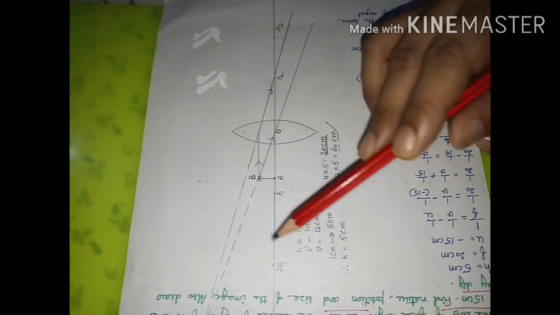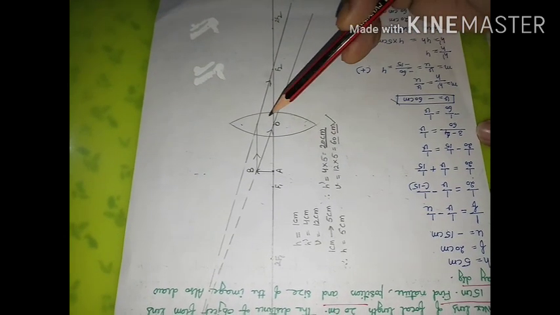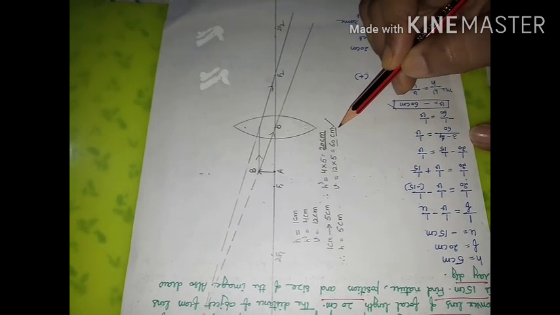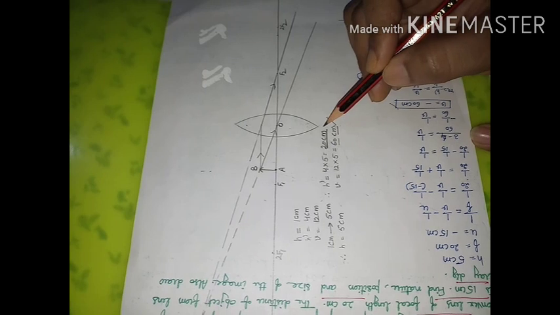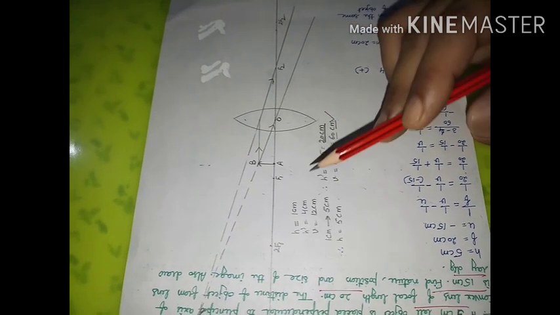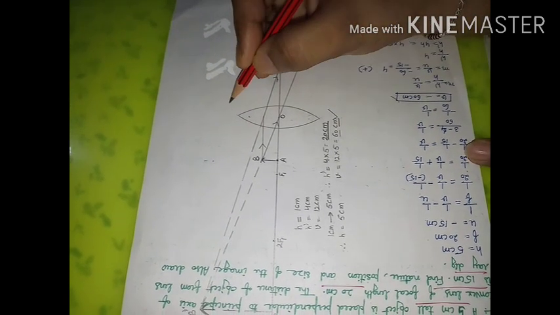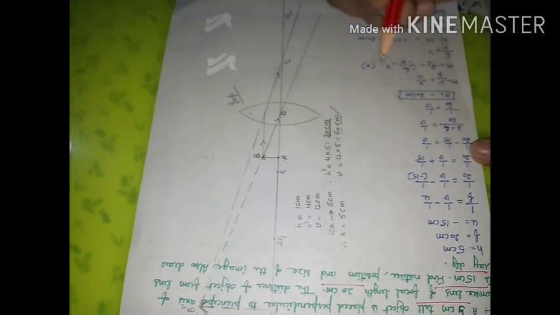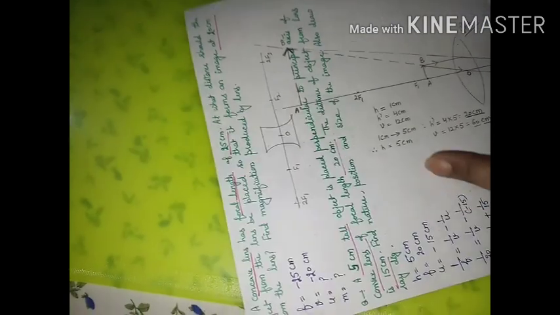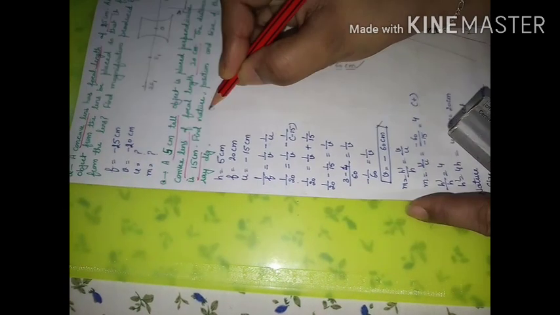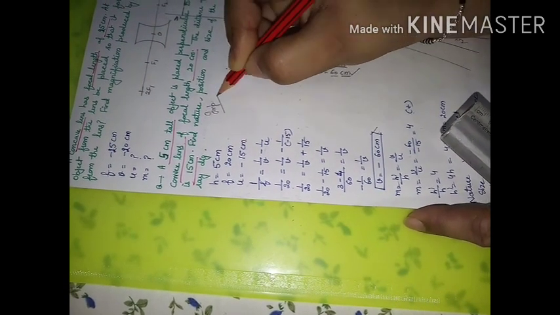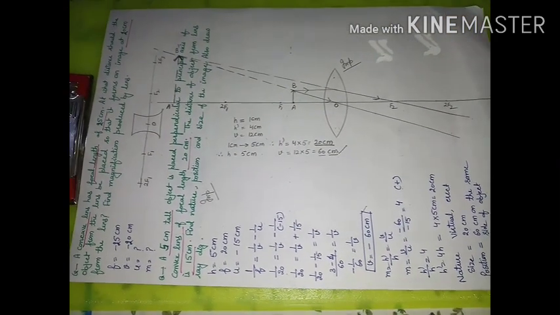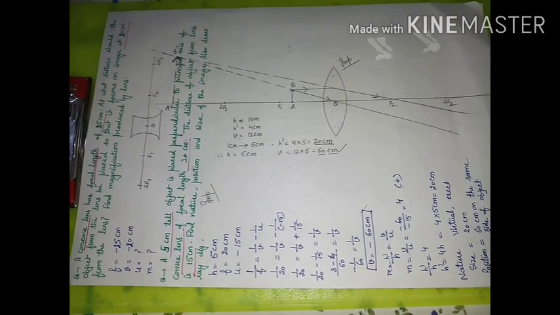If your diagram is exact, then the diagram will also give you the same value of the distance of the image, an idea about the size of the image, and the nature of the image. So sometimes a 3-mark question comes with the help of a diagram only, and sometimes with the help of a numerical. These things will become more and more clear to you with practice of numericals, so do more and more practice of numericals and things will become clear.